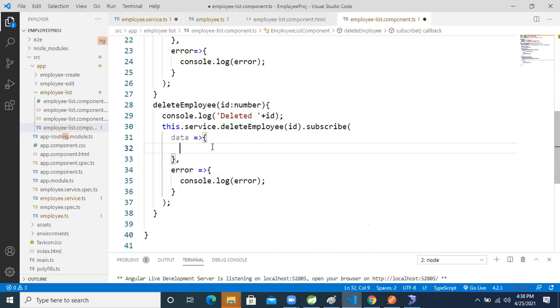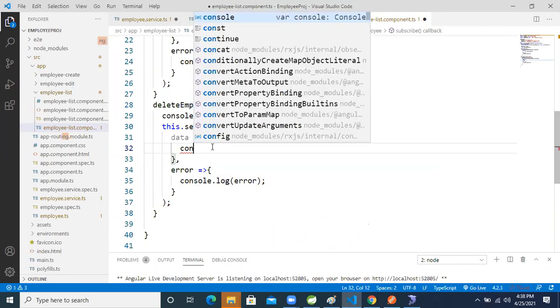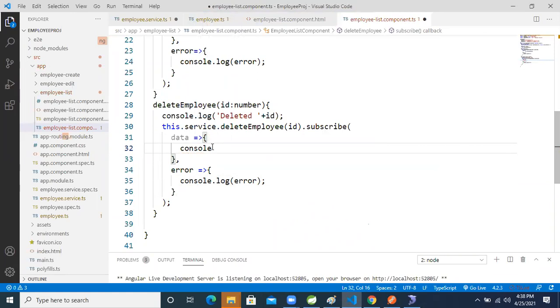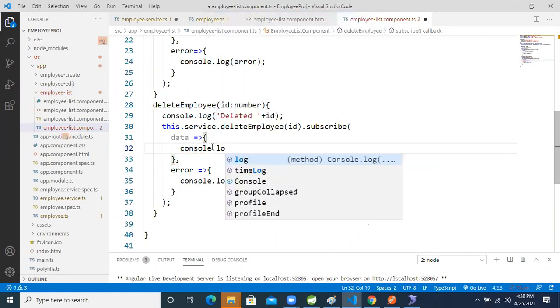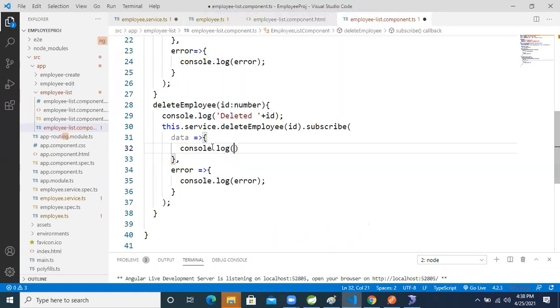Then just I'm writing console.log data, to see the data. Just I'm passing this reference here only.